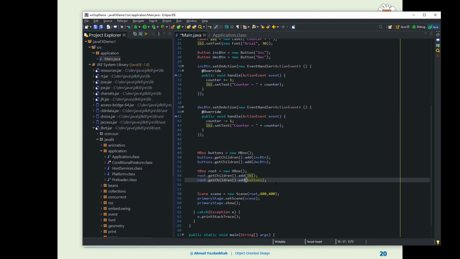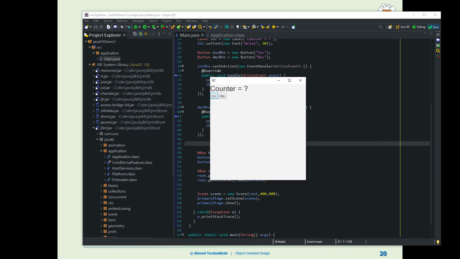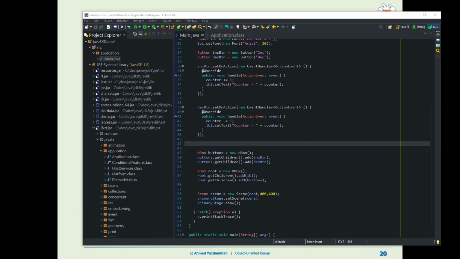All right, I think we are all set. Let's move and run the code. Yeah, you see, now we have two buttons in one line, because we put them in a container whose job is to manage everything in one line horizontally. Okay, they are still working, right? All right, let's see what we got